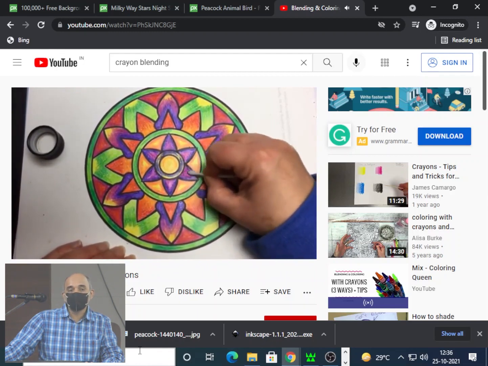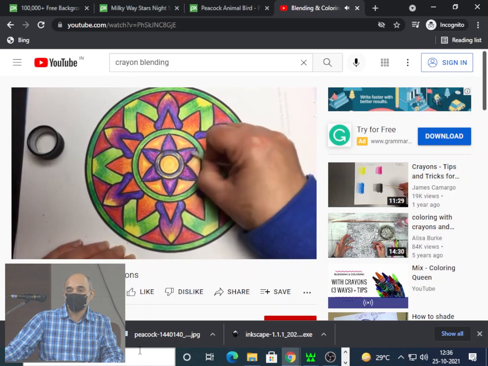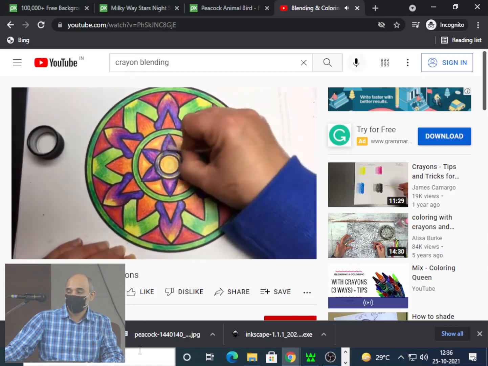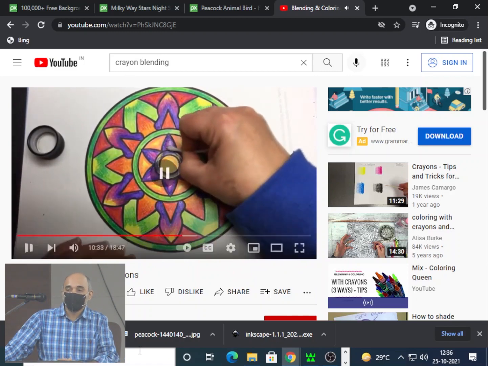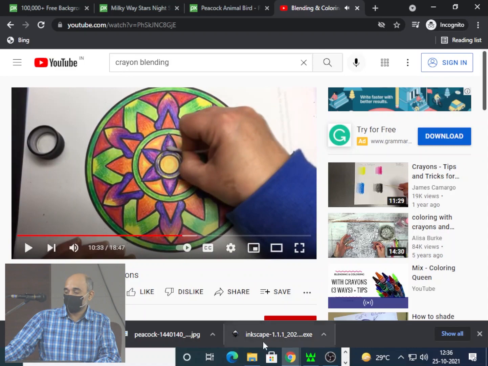Okay, those who have kids at home must have seen that they use most of these techniques. Those who actually are doing painting. Theoretically, you can colour up all these things just with the stuff that you might have already lying. Okay, this was just to show you what is blending.